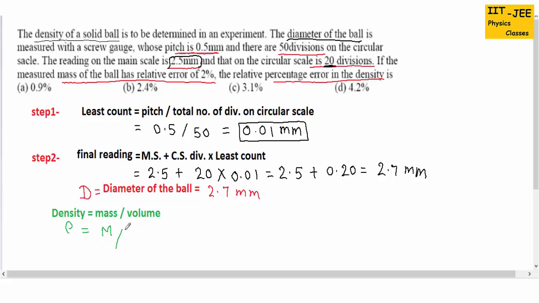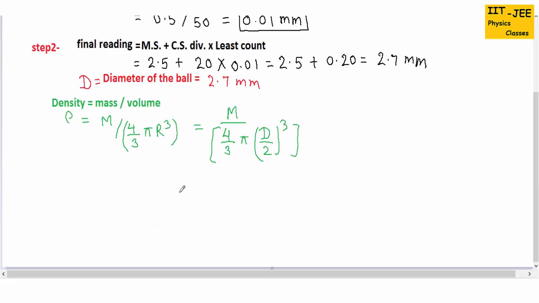We are finding density of a solid ball, so we need to put the volume of the ball, and you know volume of a sphere is 4 by 3 pi r cube. The ball is like a sphere, so for volume of the ball we will use the volume of the sphere formula. We need to put this radius in terms of diameter. So rho equals mass over 4 over 3 pi, radius equals diameter by 2, D by 2 to the whole cube. And now we will write the error formula using this equation. Please watch the propagation of error part 1 to part 3 to understand this error formula.